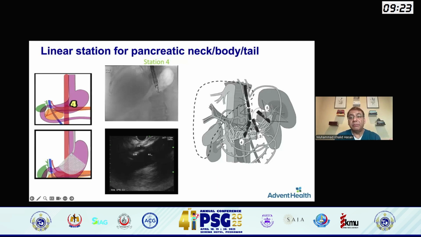Once I get to the pancreatic body, you can see here the scope position rotating right and left. One thing to remember is that whatever you want to examine, do your best to keep it between the 5 and 7 o'clock position. Anything you want to examine should be in this triangle. It's not going to be possible every single time. It may be on the side, but do your best to keep that orientation.